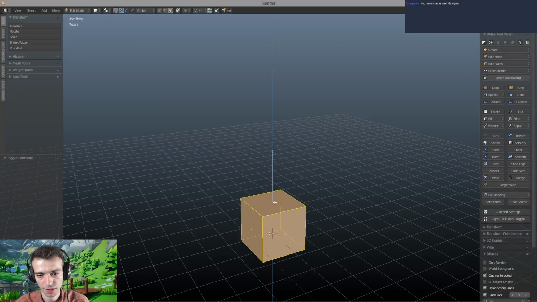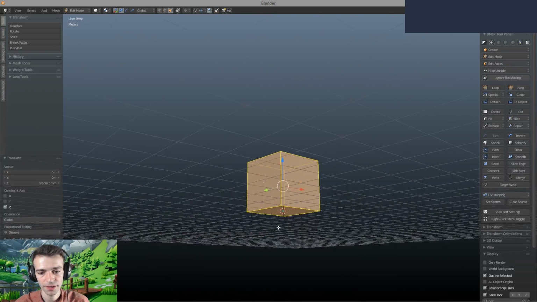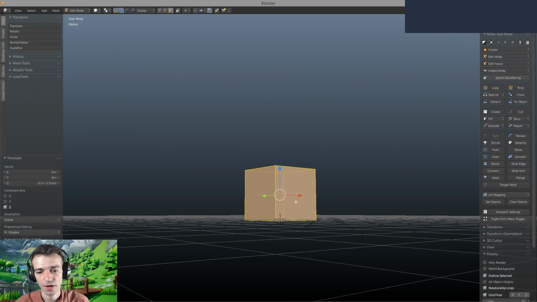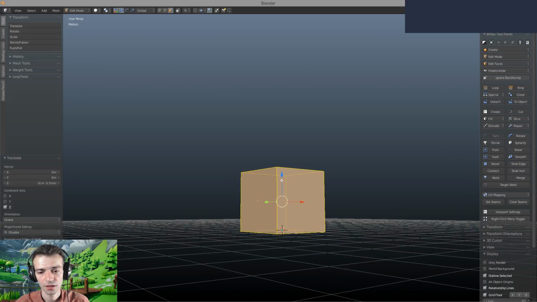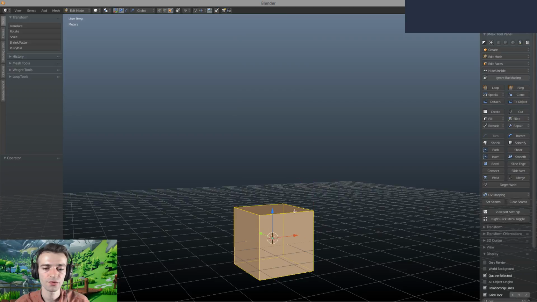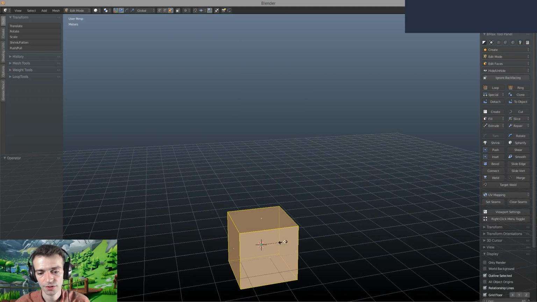So I just select everything, I put it somewhere about here. I always do want my objects to go a bit through the ground, because they're rocks. But you know what, actually, not these ones. These ones I'll keep with the pivot in the center. So first things first, scale,